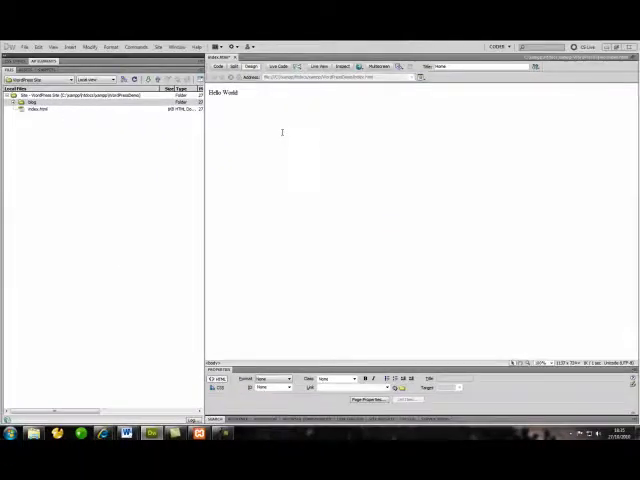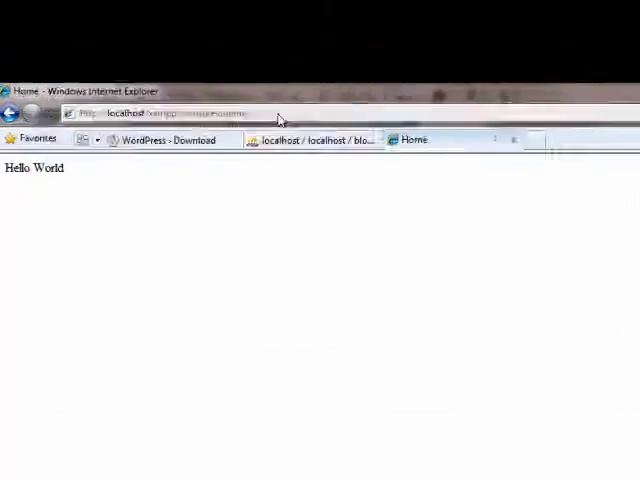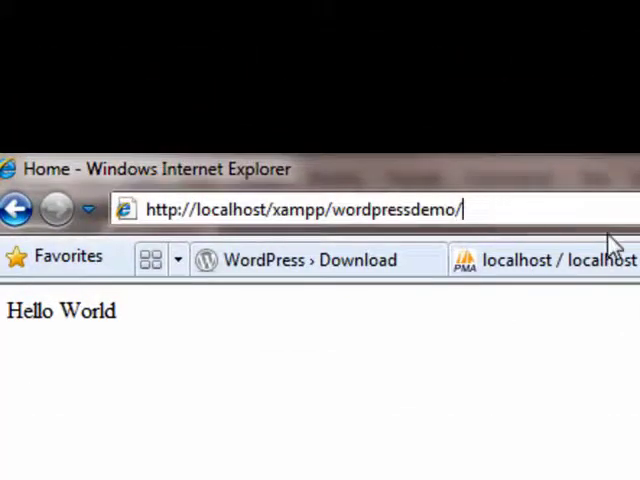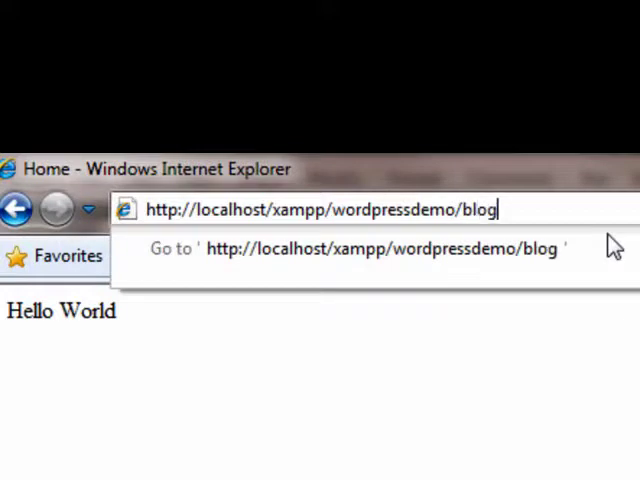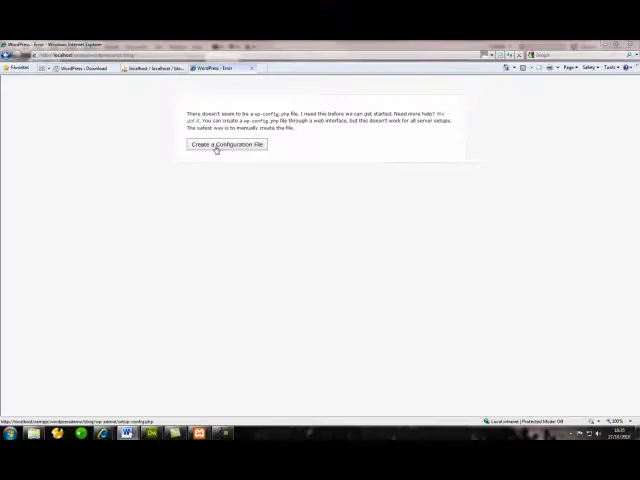Now in order to get the WordPress part to work, we'll go back into that and we'll type in here blog. Now as you know, that's the name of our folder that we created. No need for anything else because it just defaults, and you get this screen and it gives you a little warning there, but don't worry about that at all. We need to create a configuration file. So click on that button,